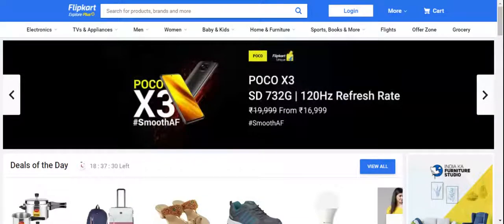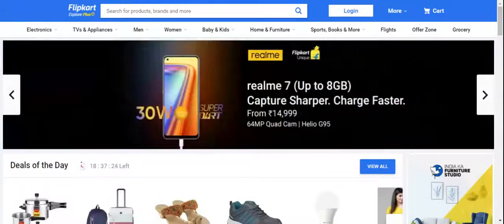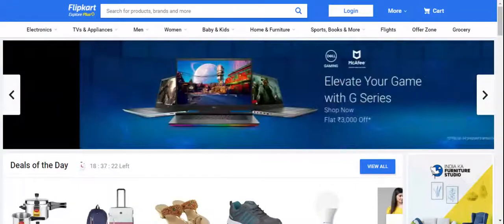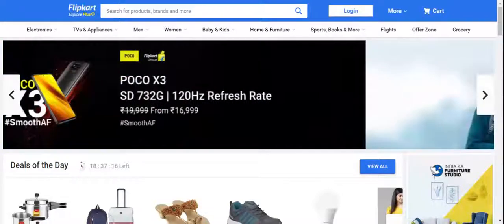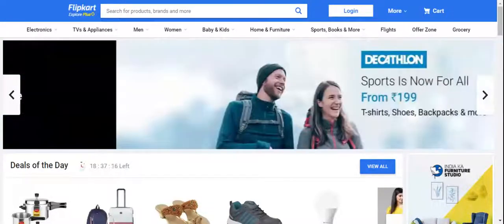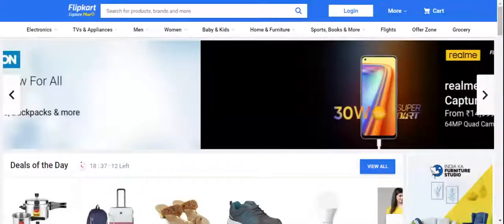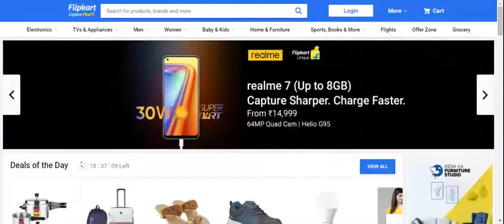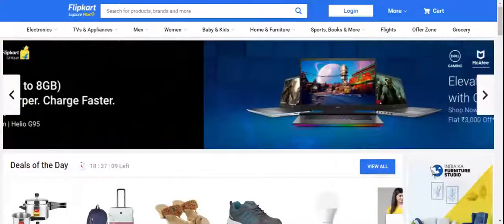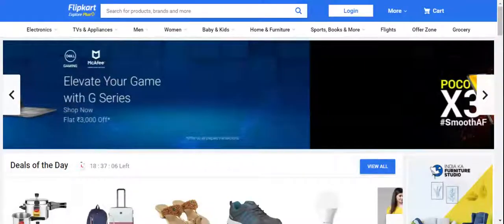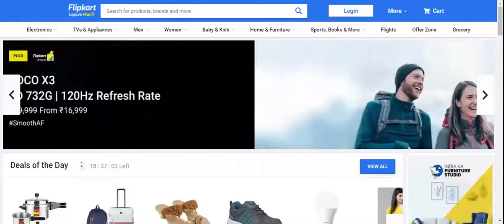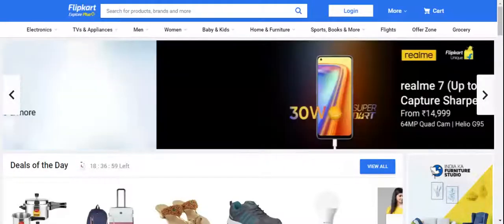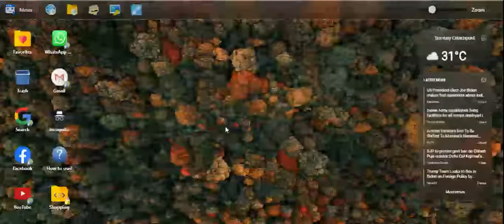The one thing which is there is every time I open a new tab, I'll have to add the shortcut by right clicking, or there is even an icon over here which says create desktop shortcut. I'll use this. I'll write Flipkart and I'll enter the link over here. But even this is a one-time activity which we have to do, so that's perfectly fine with us. I'll drag this to my shopping. Where is that? This is my shopping cart.